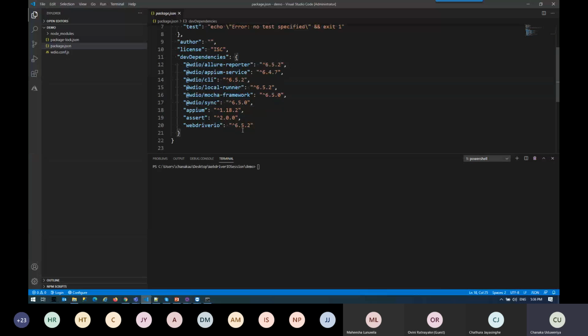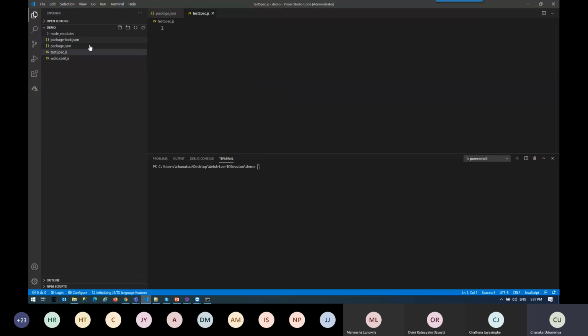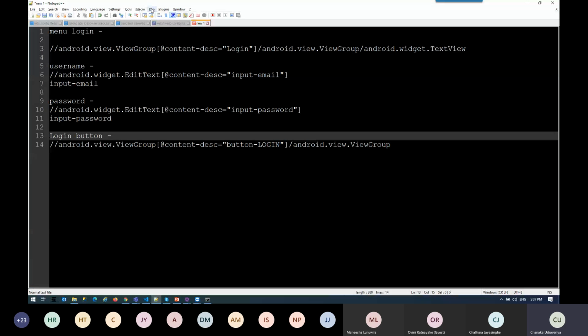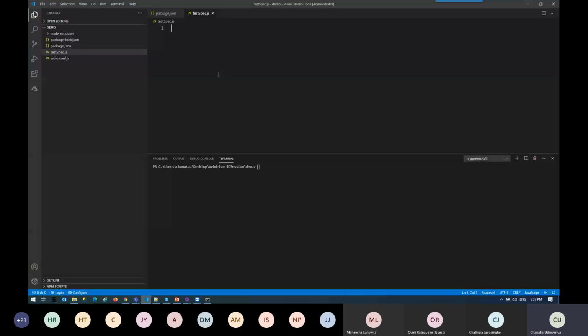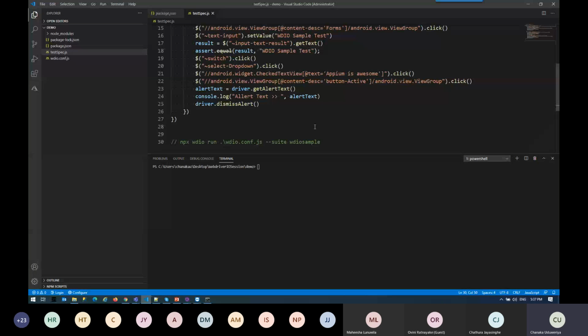Right. To start the script, I need to create a test spec file. To create a new spec file, click on this new file icon and add a test spec.js file. Right. So to save time, I have already created two test cases. I'll just take them here and